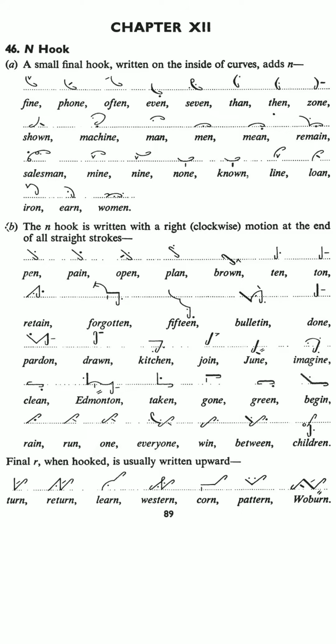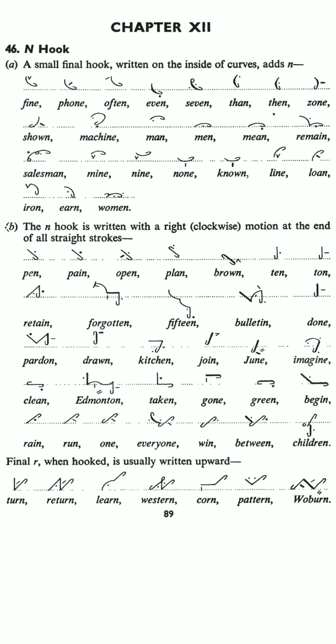Even, V with n hook through the line, heavy dot on the third place of V before it। Seven, S circle, V with n hook on the line, light dot on the second place of V before and after it। Then, TH with n hook above the line, light dot on the first place of TH after it। Then, same outline on the line, light dot on the second place of TH after it।